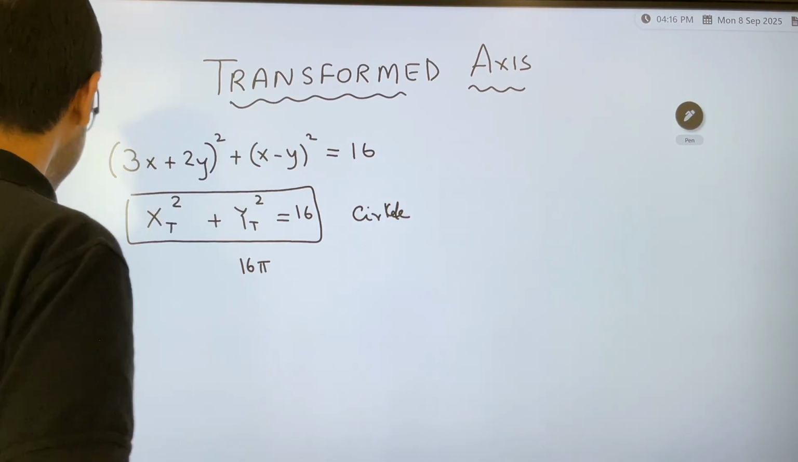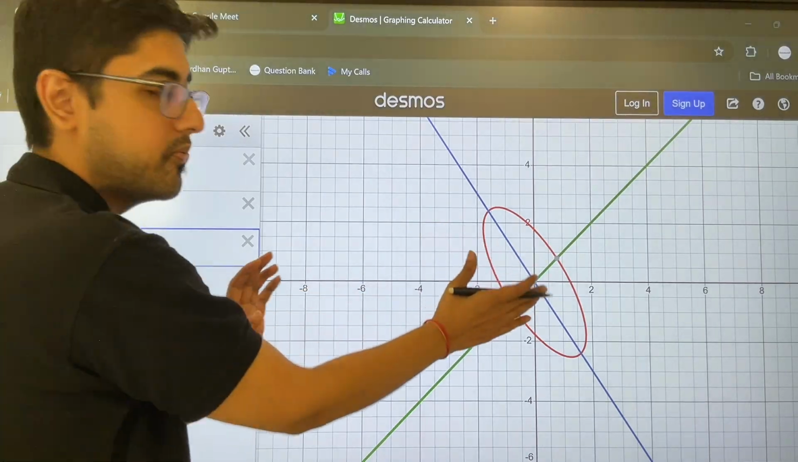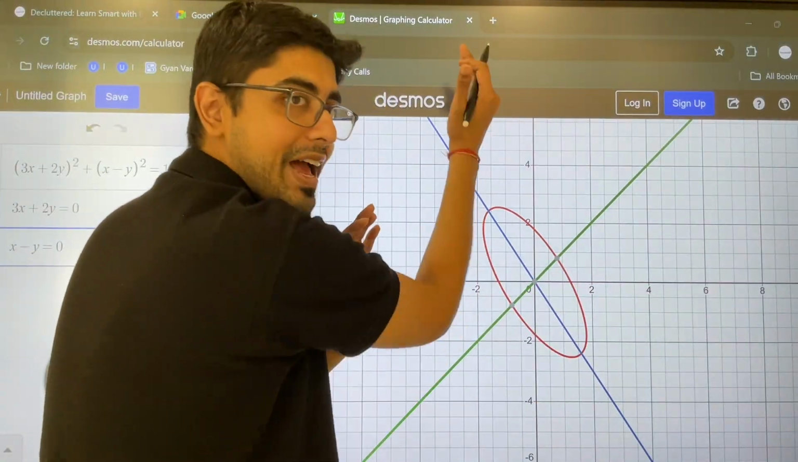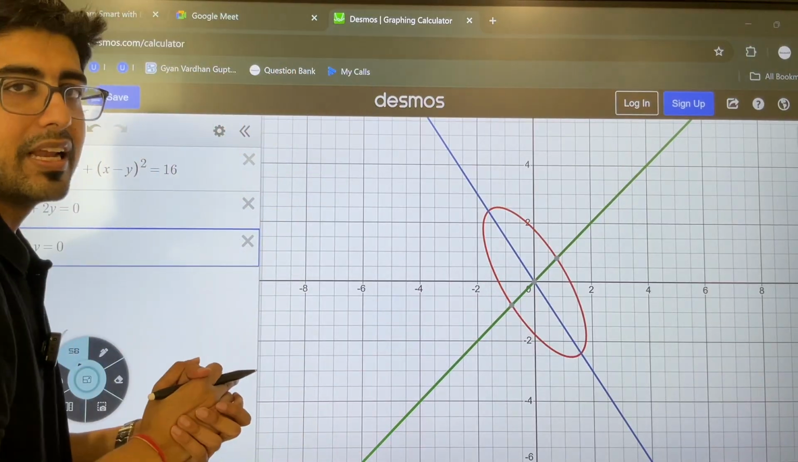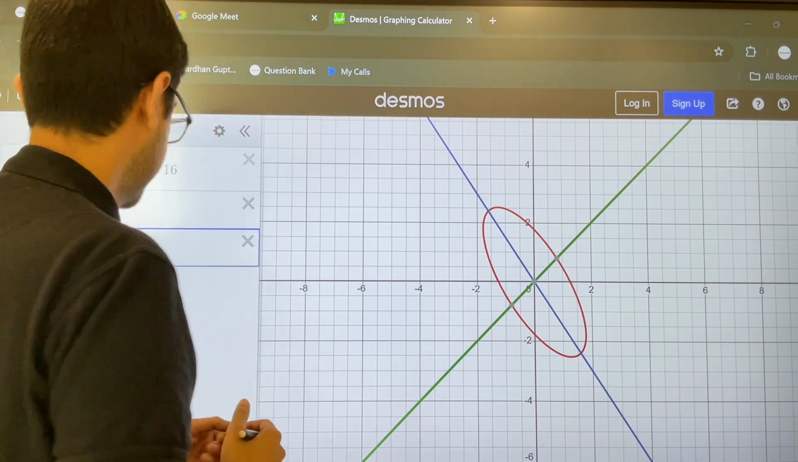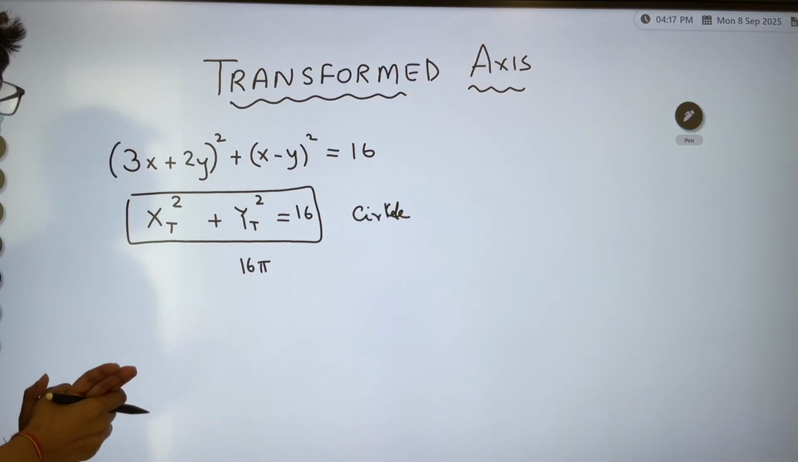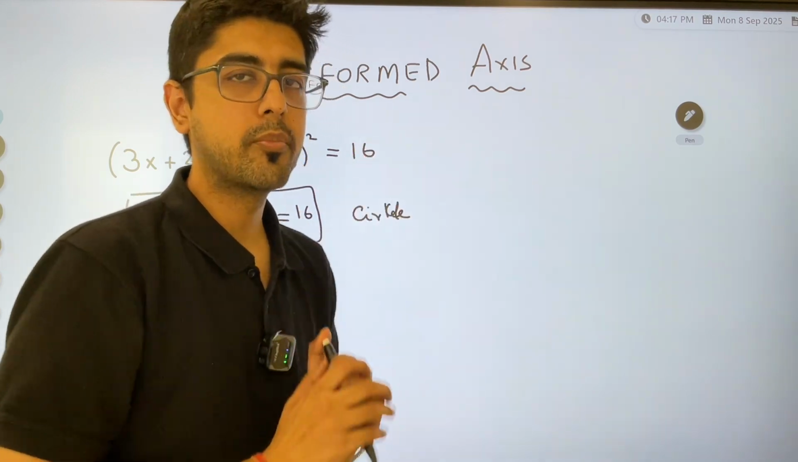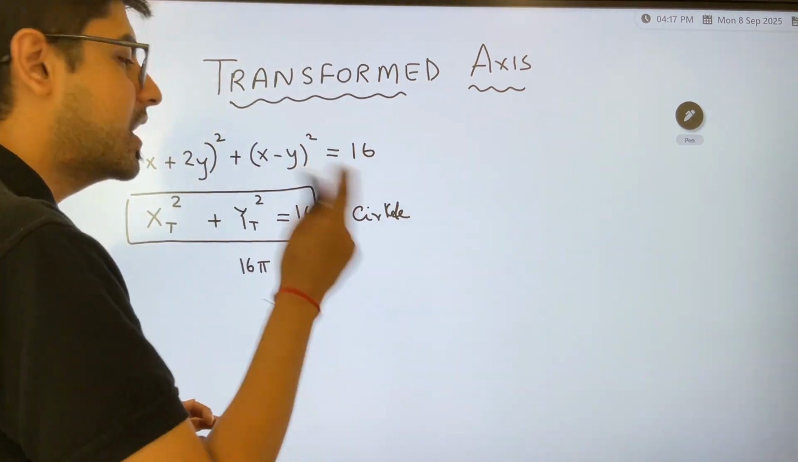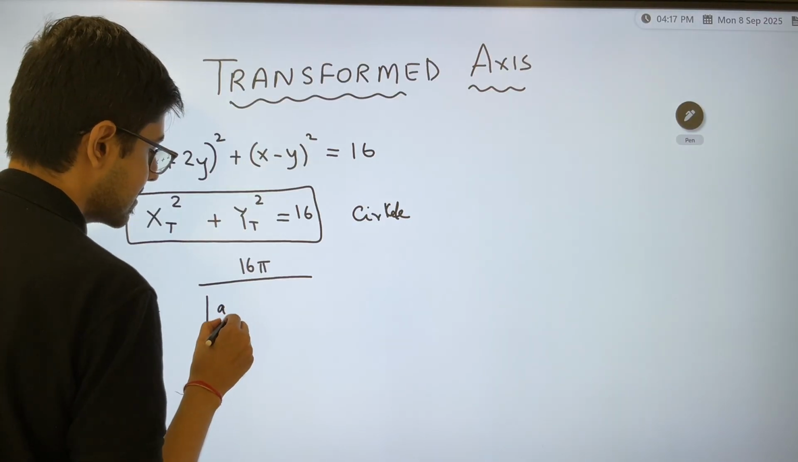Unfortunately, that's not the answer, because when we try to view this curve from the actual x and y axis, it's not a circle. It's possibly an ellipse, but it's not a circle. So the area is not 16 pi; the area is 16 pi in my transformed frame of reference. The way we come back to our original frame of reference is using